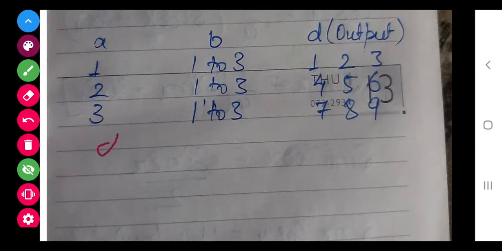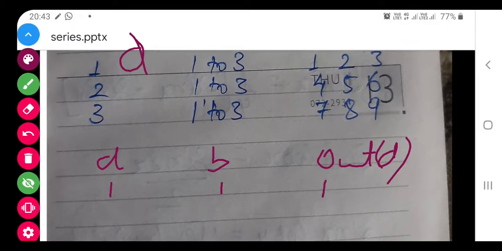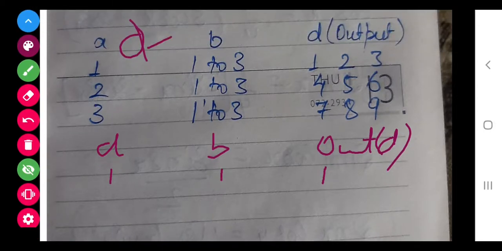See again, the value of A is 1, the value of B is 1 for the first time, and the print statement that we have given is D. So the value of D is 1 because at the start we have given D equals 1. After the print statement we have given D equals D plus 1.